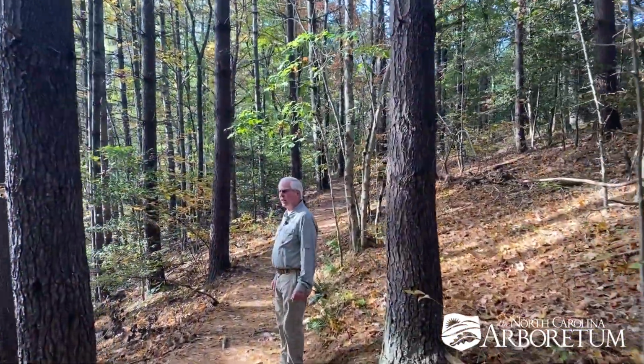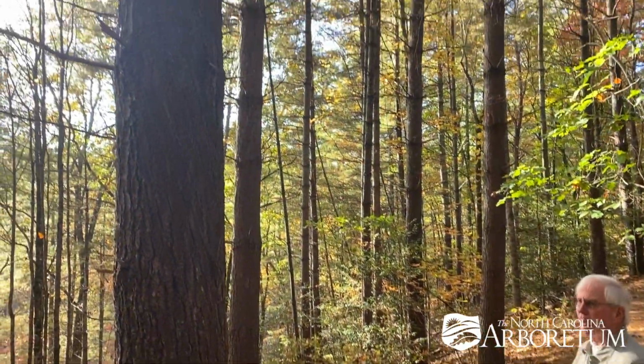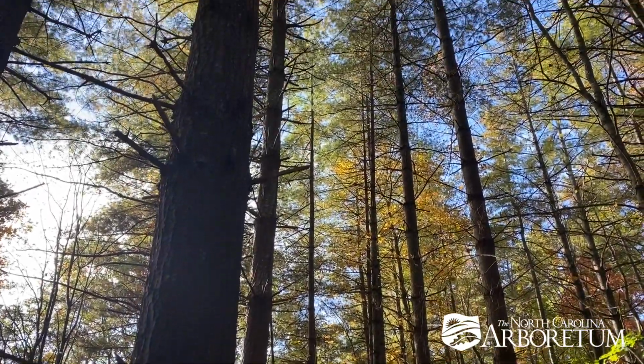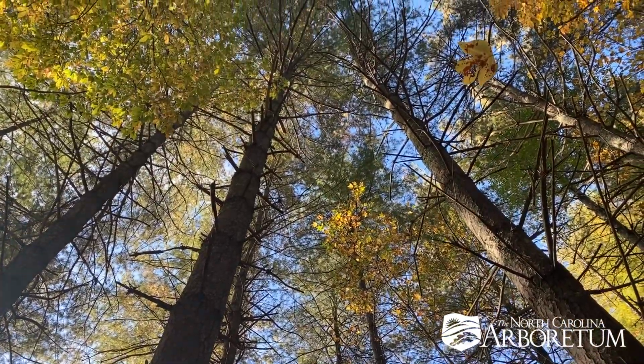Now this section here is a little different because we have some white pine trees growing up in this area. Probably when it was logged many years ago, these popped up because they do come in fairly quickly after the ground has been disturbed. They grow fast, they grow straight, and